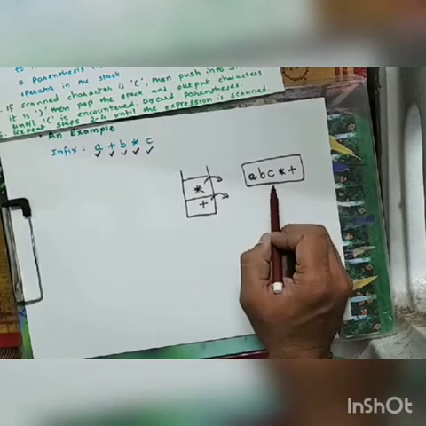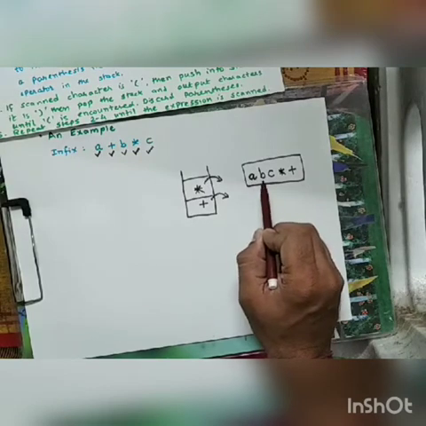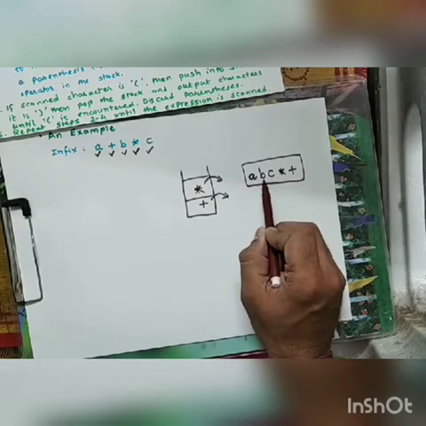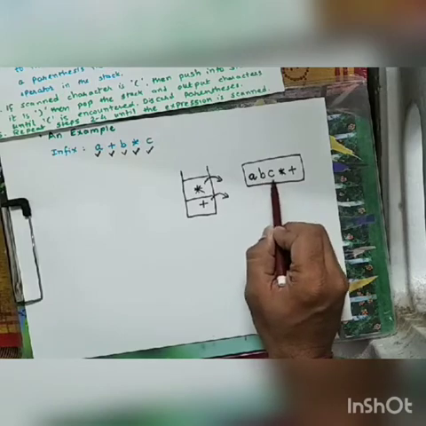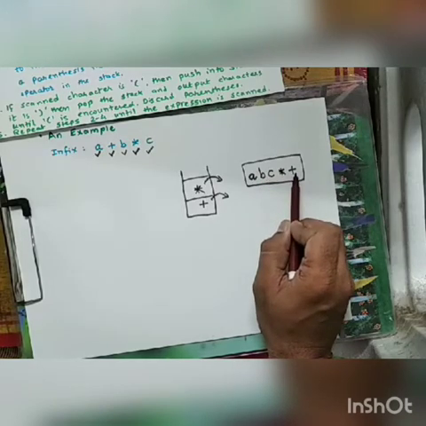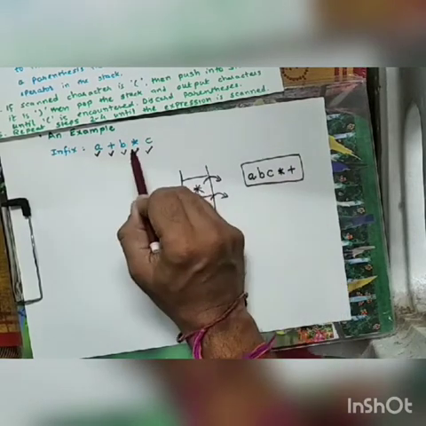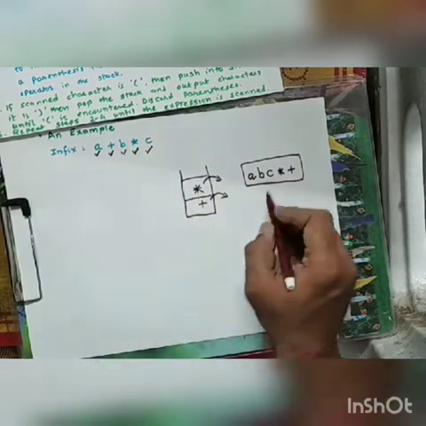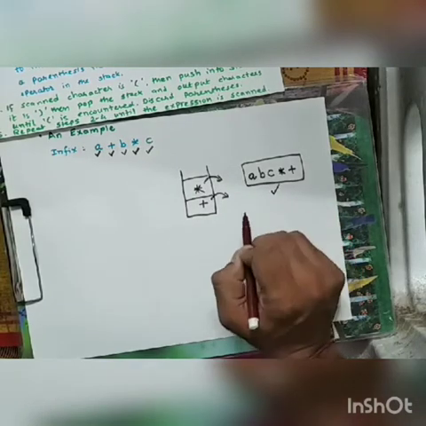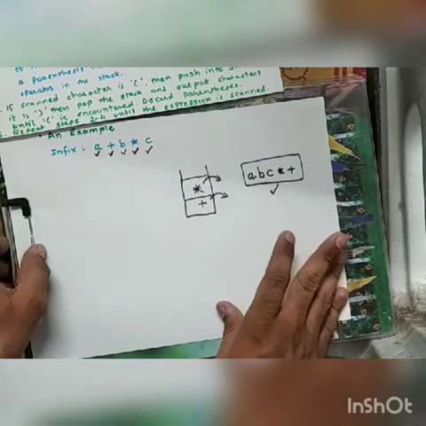Second thing, while we scan the expression from the beginning, from the left side, we can see that B, C, star, this operation will take place first. So B star C, and that will be getting added with A. So it will actually be A plus B star C, which is matching with our original infix expression. So we can say that this is our correct postfix expression, right? So this was a simple example to understand this algorithm.